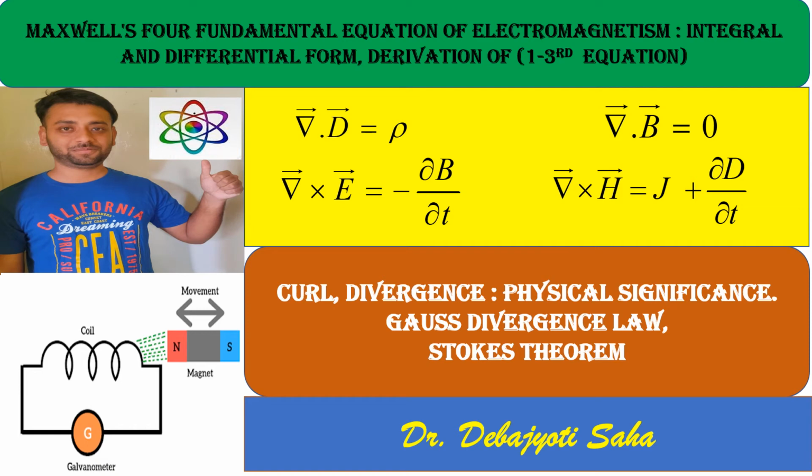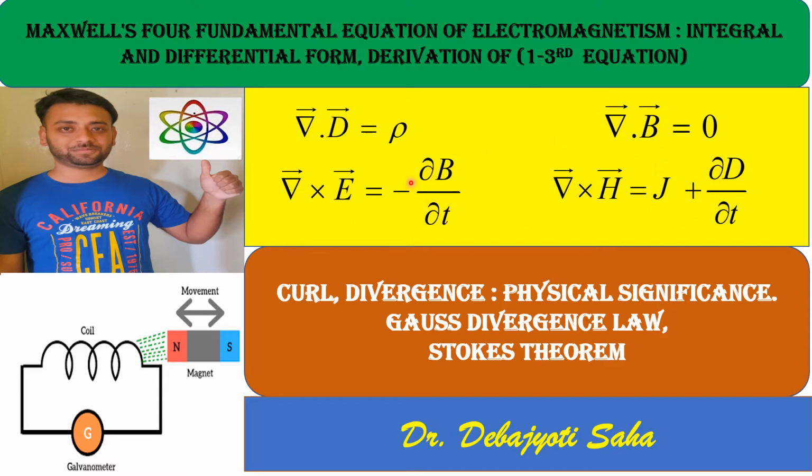Hello everyone. In my last lecture, I just taught you about the magnetic field, the geomagnetic field, and all the aspects of magnetic field. But in order to know completely the magnetic field of the Earth, you need to know the basic equations of electromagnetism: the moving electric charges, the magnetic field, and what the generating equation is. So to know that, you need to know everything about Maxwell's four equations. These are Maxwell's four equations.